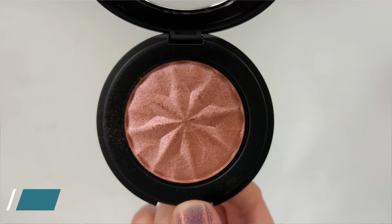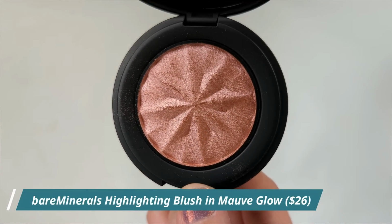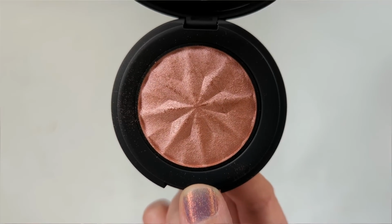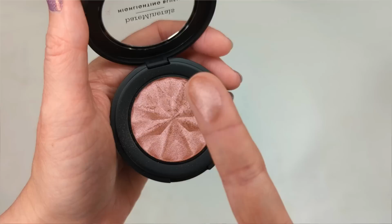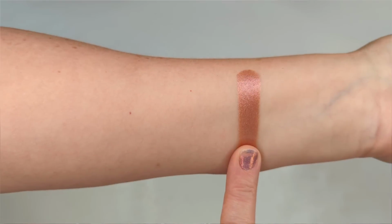Next, when it comes to blush, I got a new one at Sephora recently. This is the Bare Minerals Highlighting Blush, and I got the shade Mauve Glow. So these are absolutely beautiful. I actually wasn't planning on buying it until I tested it in store. I was kind of doing a little swatch on my hand, and the powder is so incredibly soft. It feels amazing, and this Mauve Glow color just really caught my attention because it's such a beautiful pink, and